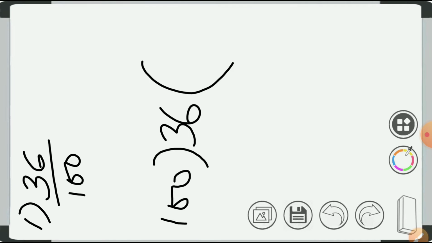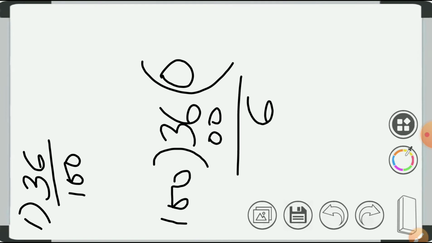You can divide it. Can 100 divide 36? It is not possible. That's why I take 100 zeros are 0. 6 minus 0, 0. 3 minus 0, 0. Again 36. You put a point here. Take 0. You got 36. Now in the 100 table, is it possible to have 360? It is not possible. Take less than 360.